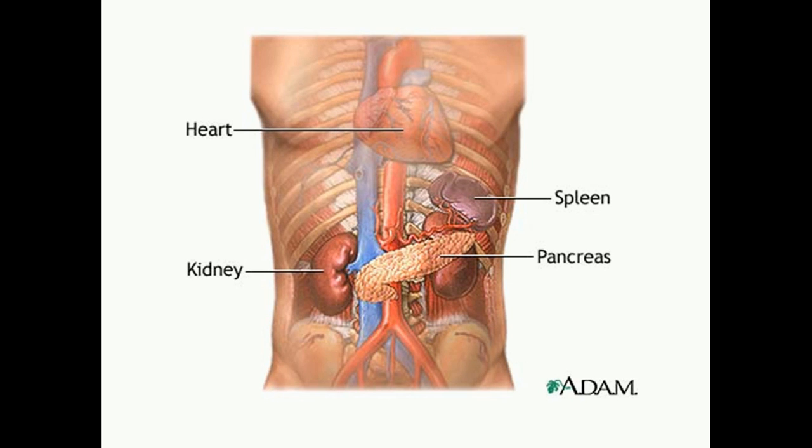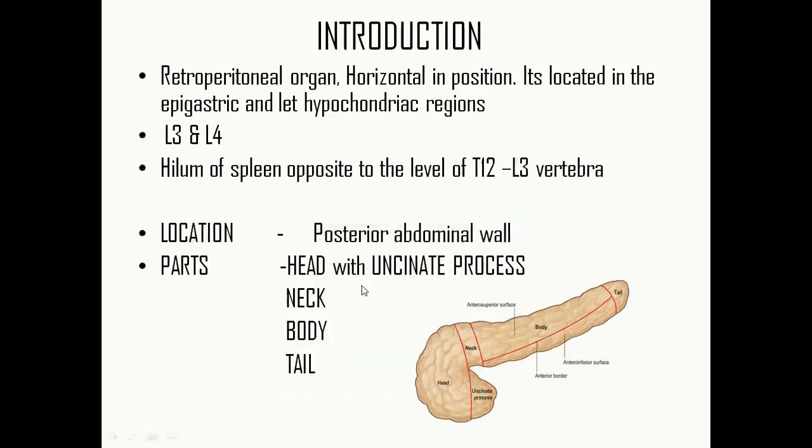Coming to the location, the pancreas is located in the retroperitoneal region. That is, after removal of all the intestines and the stomach, you can see the pancreas. It is a tail-shaped organ and it is located in front of the spleen and over the kidneys. It's a horizontally placed organ, but not exactly horizontal at 180 degrees. Instead, it is tilted backwards towards the spleen, and it is at the epigastric region and in the left hypochondriac region.